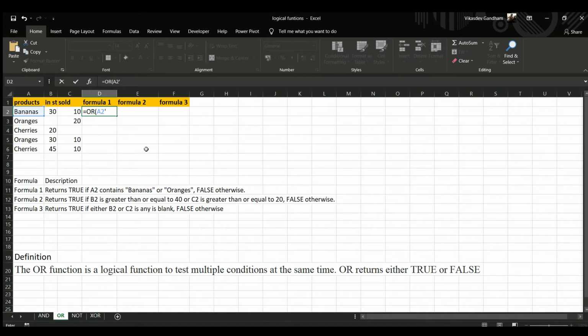Is equal to, inside inverted commas. Whenever you're typing alphabetic text, it should be in inverted commas. Comma, and oranges also, is equal to,